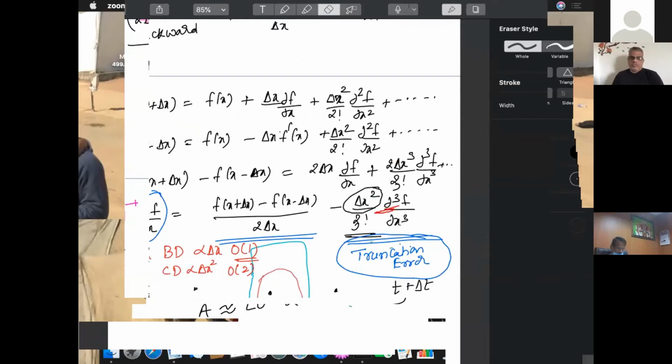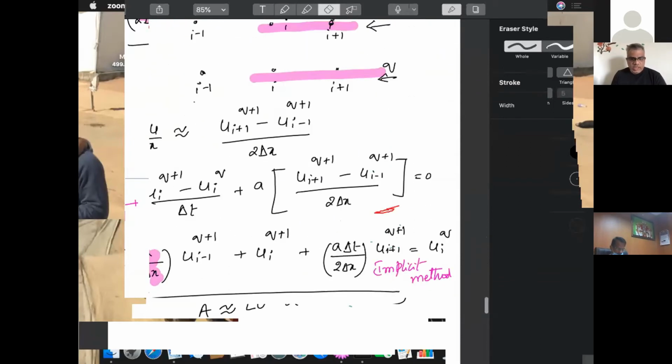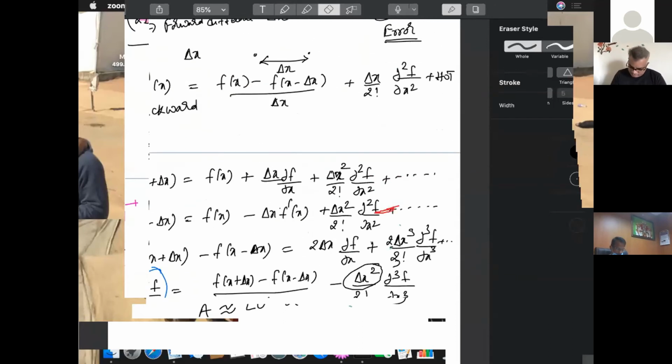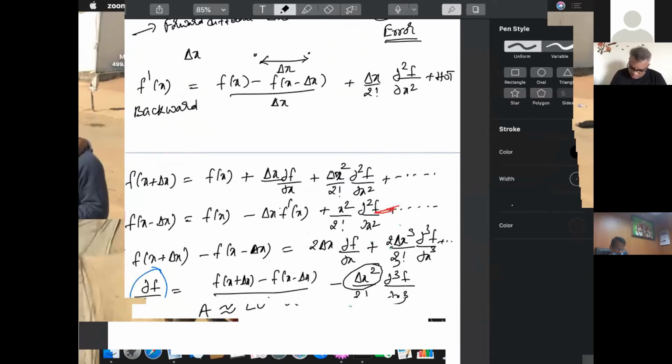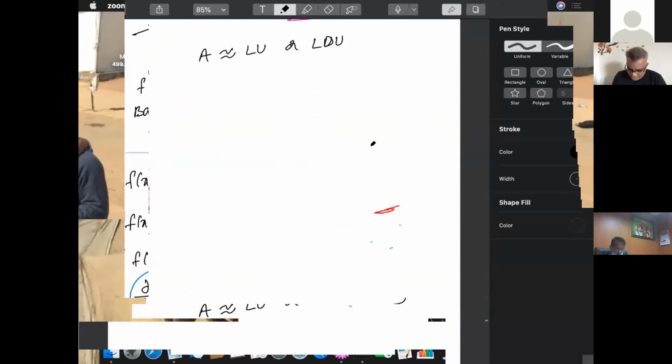Now I have given this only for the first order gradient. So what about the second gradient? How do I calculate ∂²f/∂x²? It's a simple fact again. The basic idea is you want ∂²f/∂x². You take these two terms and you add up these two equations. When you add up these two equations, the resulting expression is basically your second order derivative. So let me do it for you and see what you get.